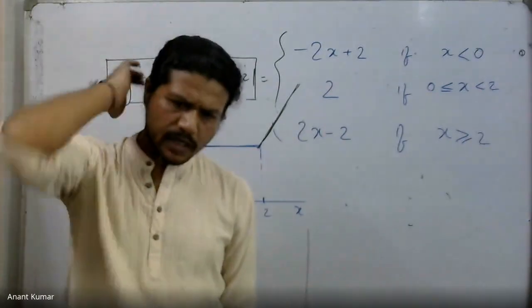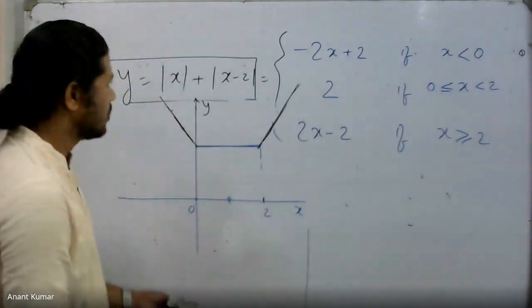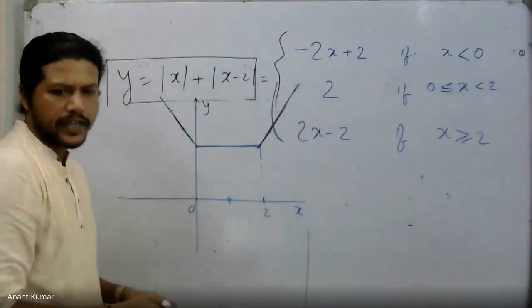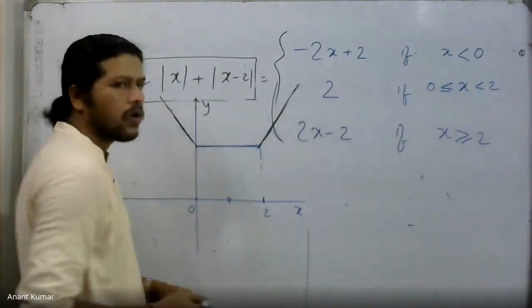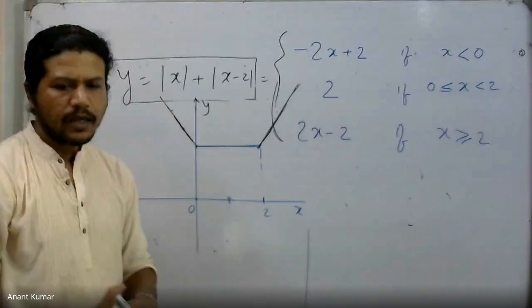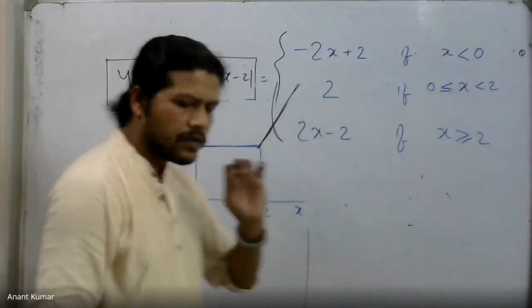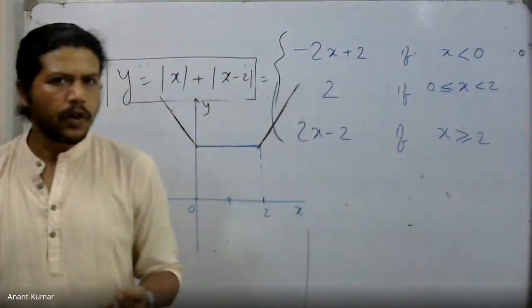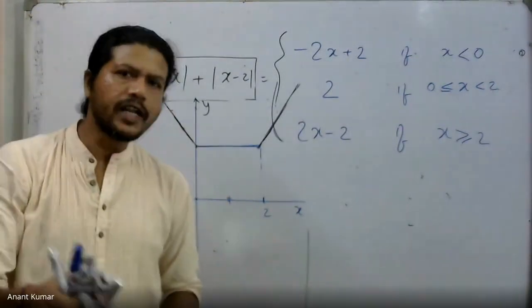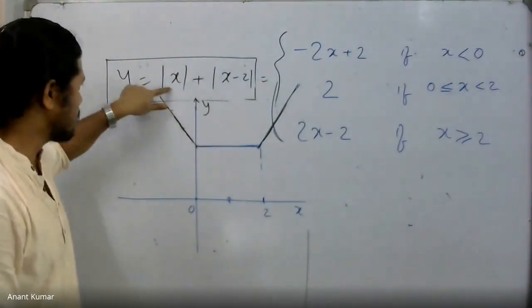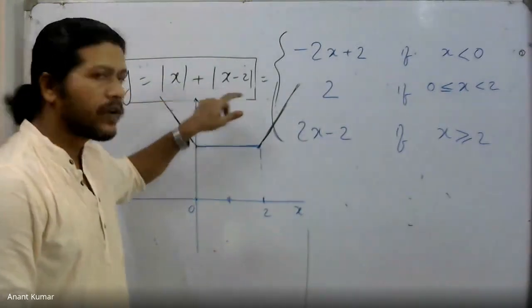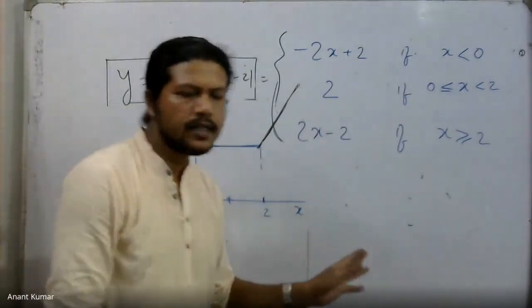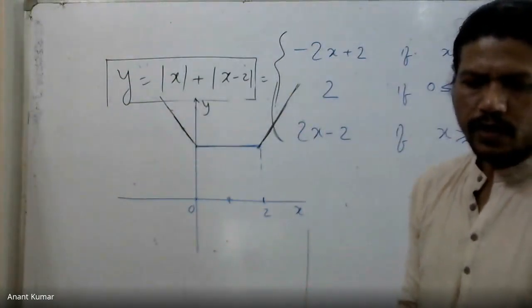Elaborate, Monik, how do you guess the braces? Well, I explained the entire thing, by the way. I just added up these two over there. That's it. I just changed each of the mods in different cases. I already said you just need to look at when each mod becomes 0, and look at those points. They become the corner points, the turning points over there. You have to consider only that part. I just consider x equal to 0 because that is when this becomes 0. This will become 0 when x is equal to 2. So I consider those 2 points, 0 and 2. In each of the intervals I consider the value of the mod to be different, and therefore